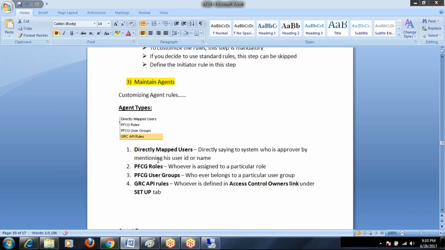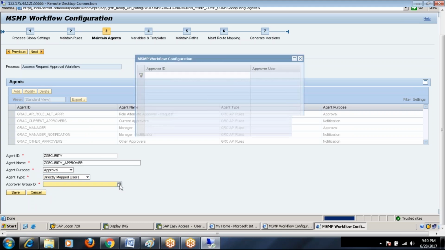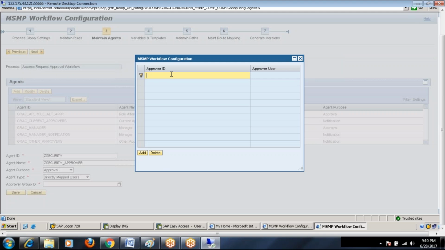Okay. So these are the descriptions I have written here. Directly mapped users means directly saying to system who is the approver by mentioning his user ID or name. So let me show you the first one, directly mapped. It is asking for user ID now. Here you need to mention the user ID. Suppose, let us say